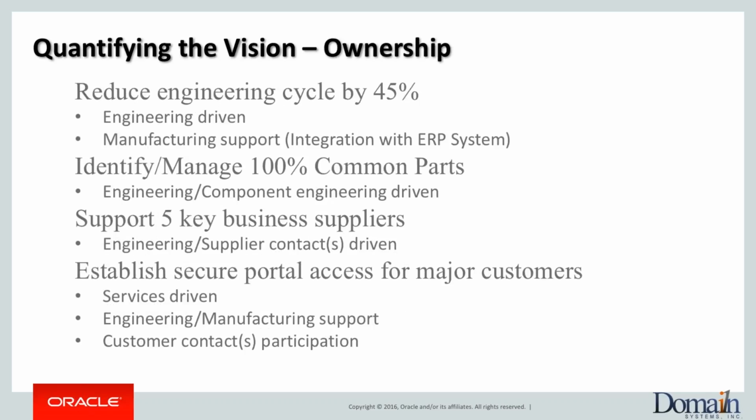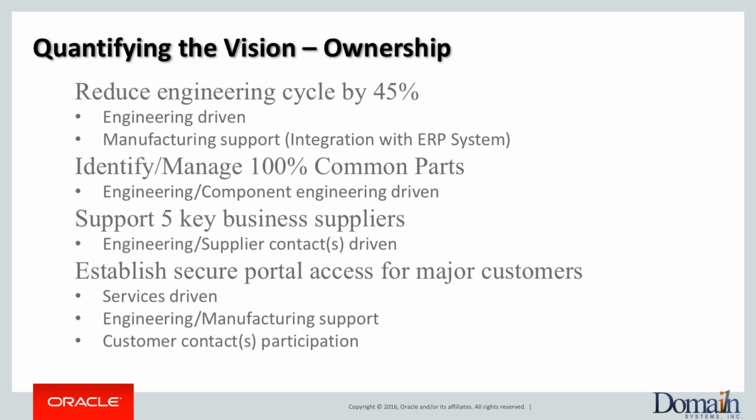So when we move forward, one of the key things is that each initiative would have an owner. So for example, reducing engineering cycle time is driven by engineering. They own it with some support from manufacturing. And some of that may be in relationship to integrating to an ERP system if you don't already have it. It might require some automation to be built. That's fine. Again, we identify all that is required in order to move the initiative and reduce the pain forward. So, I don't need to go through all of these, but,